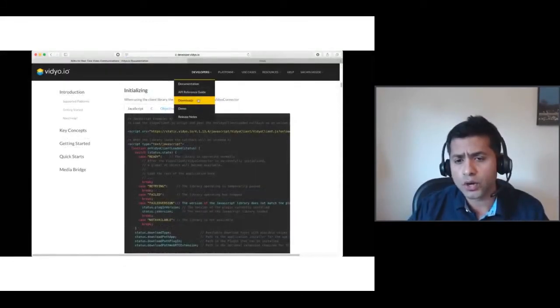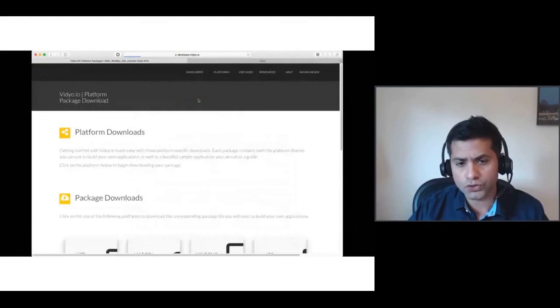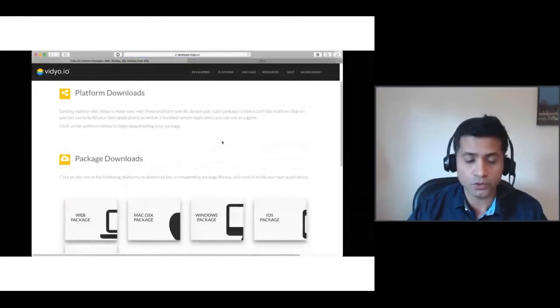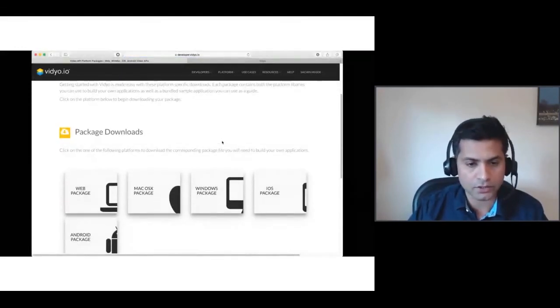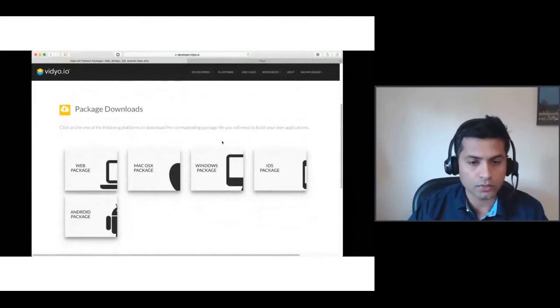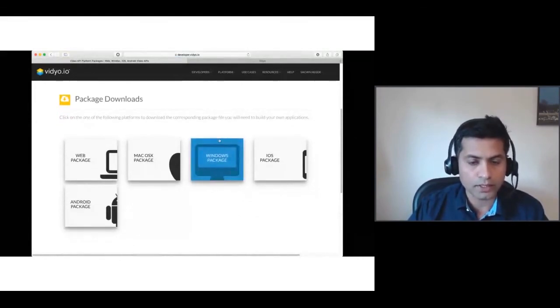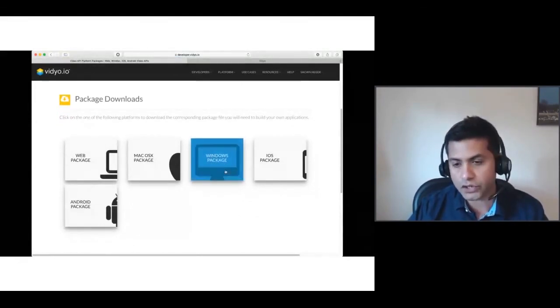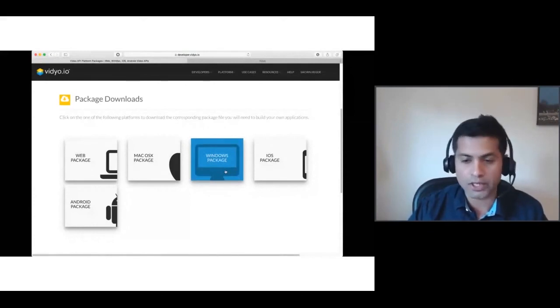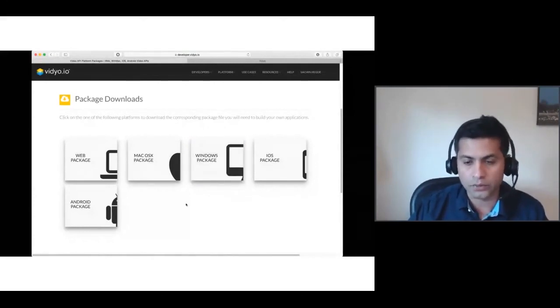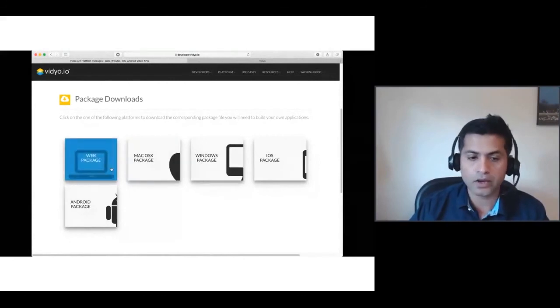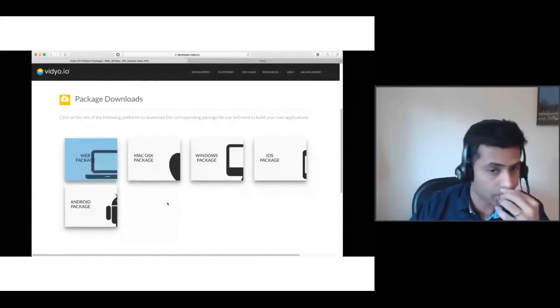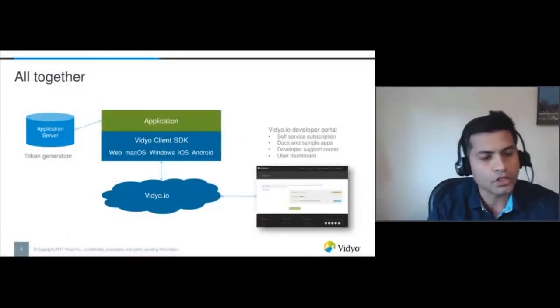You can also go to our downloads page over here, which basically gives all the packages that you need to download. So if you're developing, say, a Windows application, you can click on the Windows package over here and download our Windows SDK. Similarly for Mac or the web, just come over here and download it. So putting this all together,